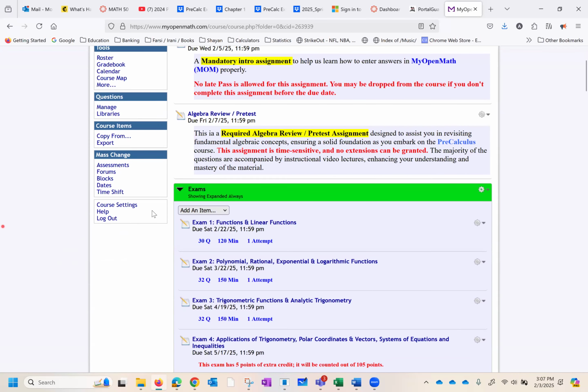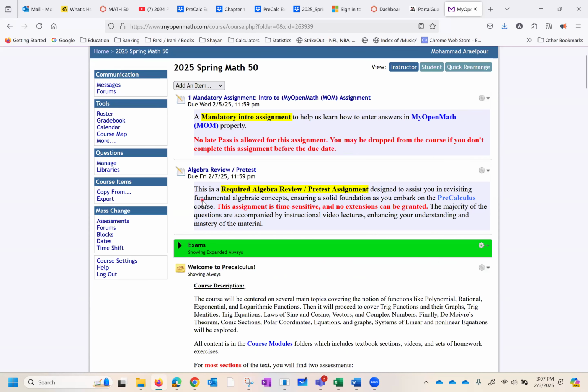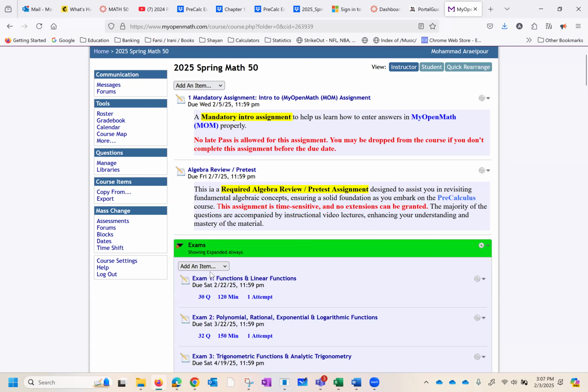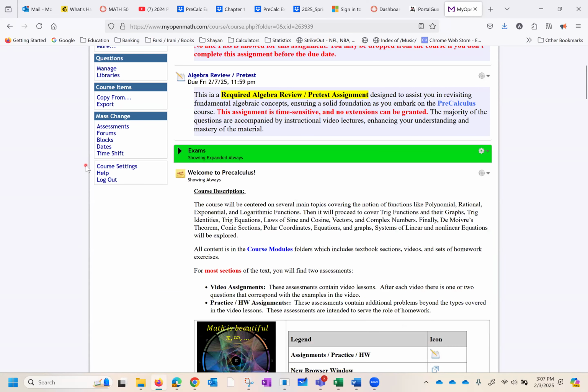Then the next one is the exams. And again, you don't have to expand it. You don't need to worry about it yet. Again, this is at the top, so you don't have to look for the exam. So you know where to find them. When the time comes, for the first exam, you click on it and it has the information here. Also, it will be sent to you. The only thing missing here would be the password, which you receive on the week of the exam.